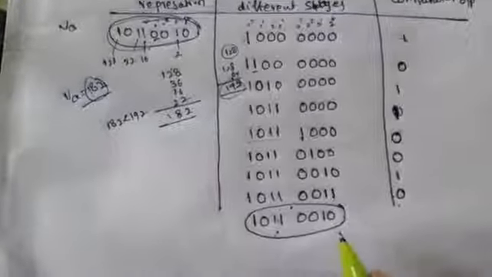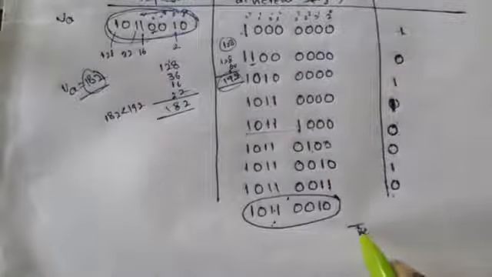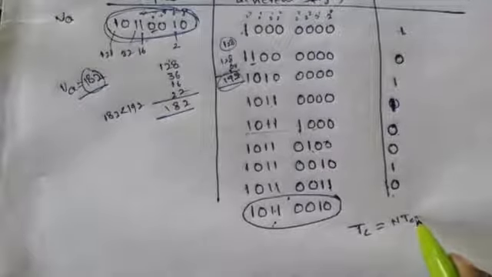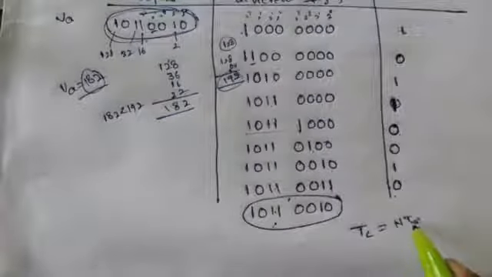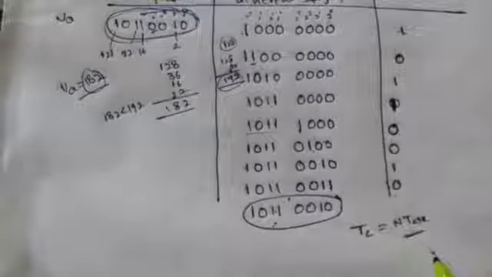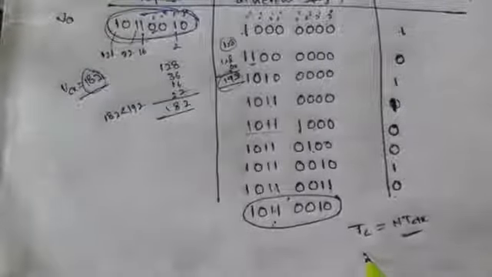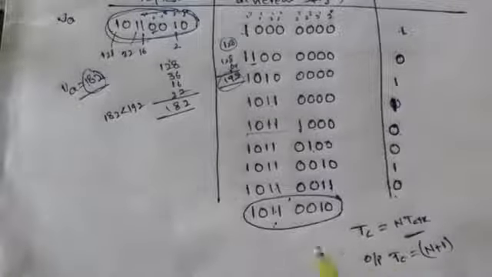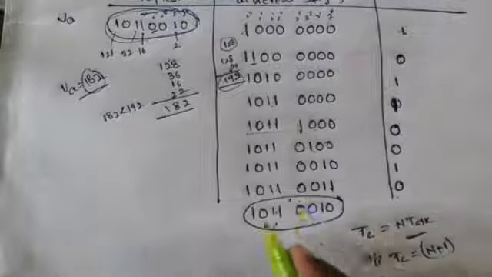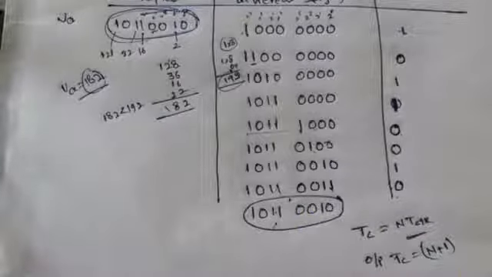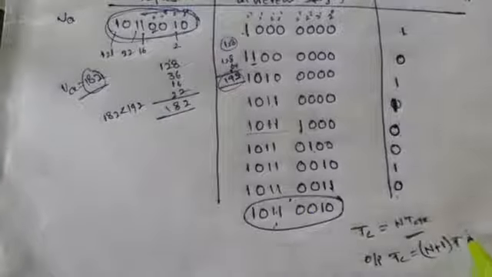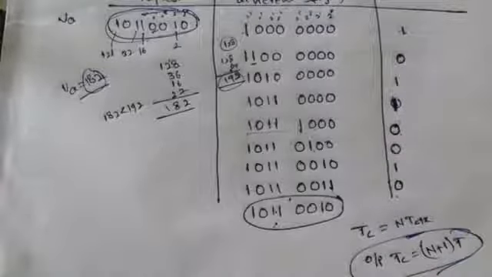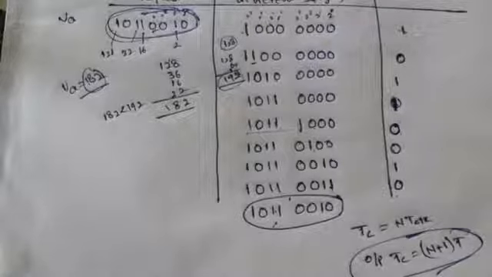So to convert the analog input to the digital output, n into T, that is n number of steps, n into the clock duration will be required. To get the output, the total conversion will be n plus 1 cycles. Why? Because in the last cycle it is also compared. So n plus 1 into T will be required to convert analog data into the digital output.